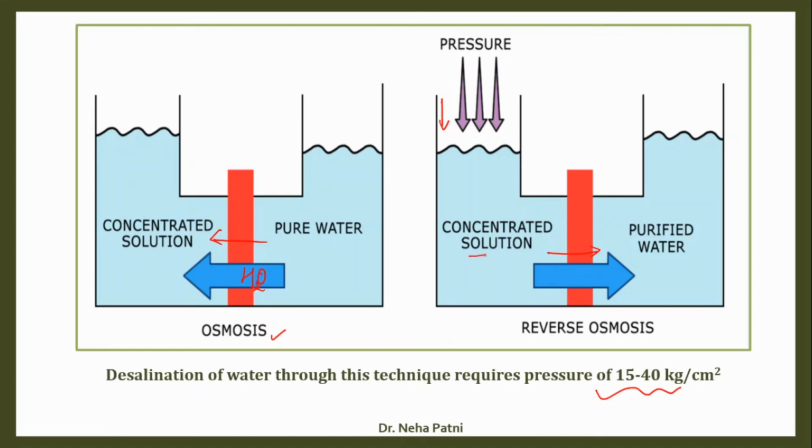Now imagine if it is a concentrated solution, that means your brackish water is there, and you want to remove those salts out of the brackish water, or you want to actually purify the water. So what are you going to do? You are taking those water molecules out of it. So at the end, salts remain here only and the water is purified. So in reverse osmosis, it is just taking that solvent particle out of it, obviously using a semi-permeable membrane, and at the end you will be getting your purified water from here.